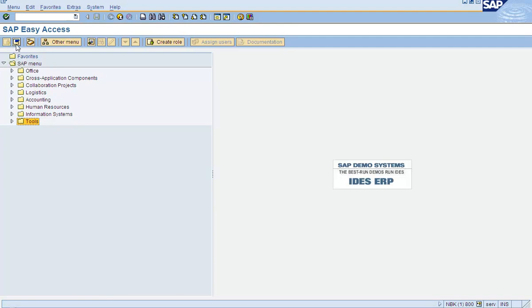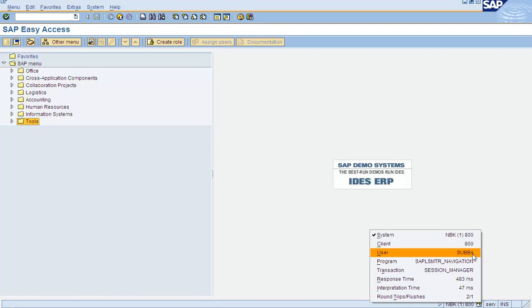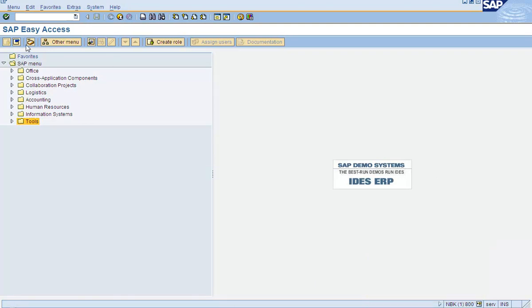If you want to switch from SAP menu to user menu, you have two icons here. This is the user menu icon. Now this is grayed out because the user ID I logged in with doesn't have any roles assigned to it.